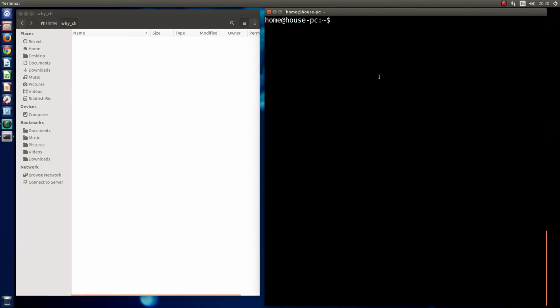The folder is empty. Remember, to get into the folder, you have to type cd, change directory, and type ycli and press enter. Now you can see it's changed to this ycli. Before, I didn't have that. And then ls, we're inside that folder. To be sure that we're inside that folder, you can type pwd, print working directory, enter, and it tells you where you're at. You're at home